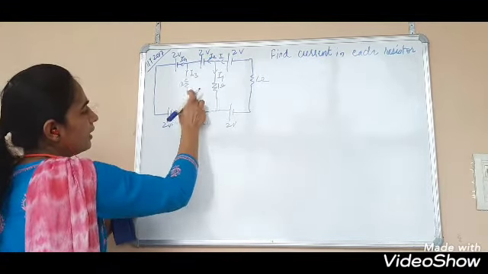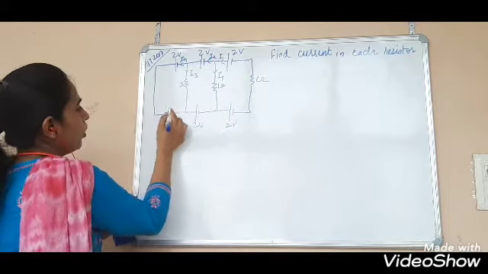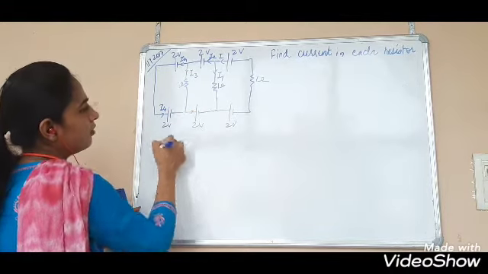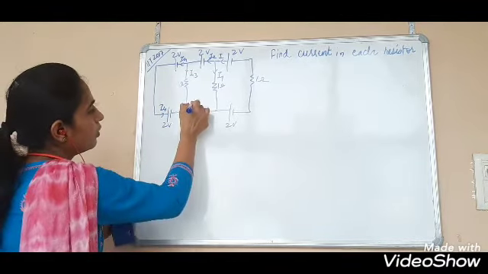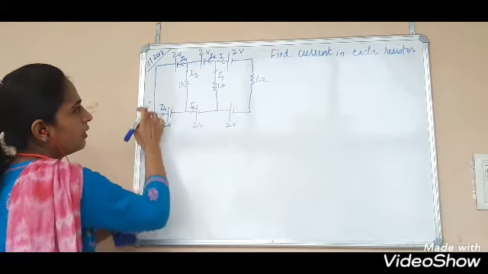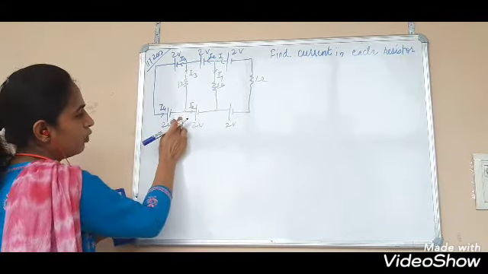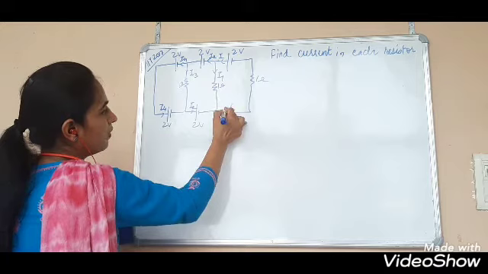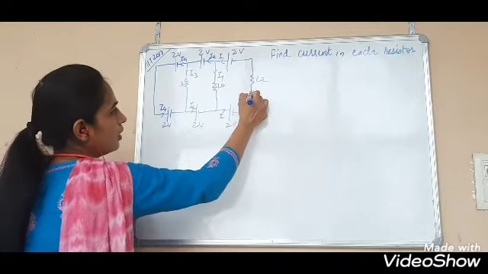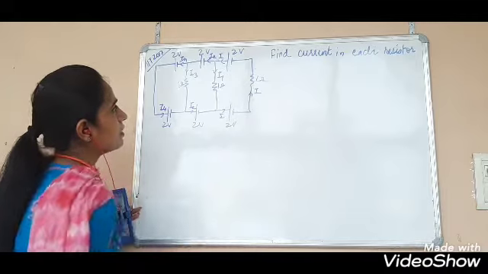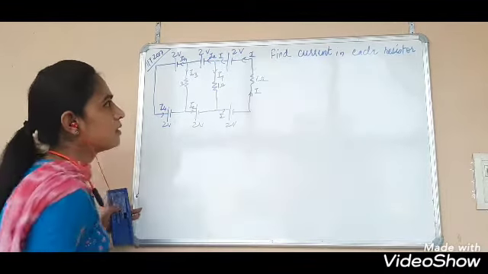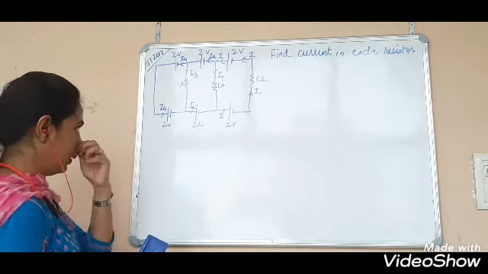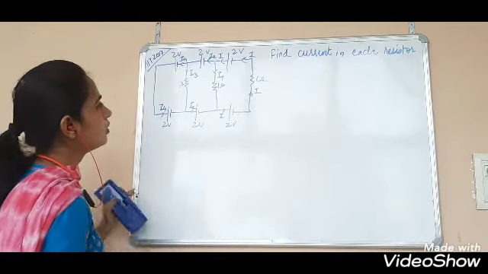So here current I3 will go, here I1 will go. From here I4 will go, and I4 and I3 will combine to give you I2, because I2 was divided into I3 and I4. Then I1 and I2 give you I. So here you will get current I in this branch, and that I is returned back to the cell. Each cell has the same current at the positive and the negative terminal, so that is okay.